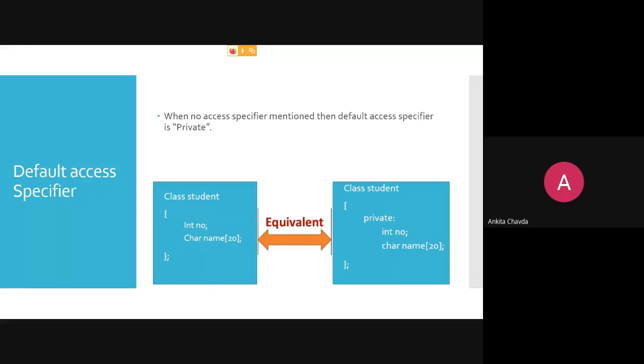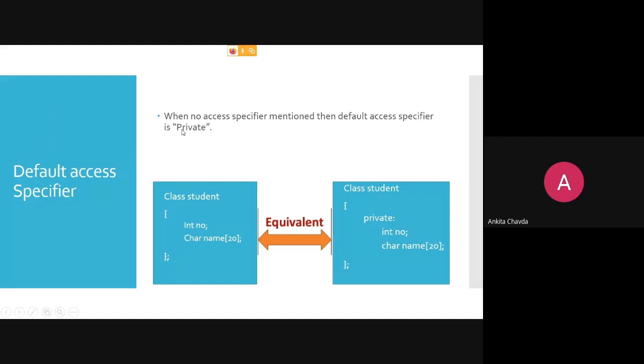But whether you write private or not, it will be the private one. Here you are specifying that this is the private one, integer number, character name of 20. But here you are not specifying, then also it is the private one. Because if you are not writing anything, it means it is private.